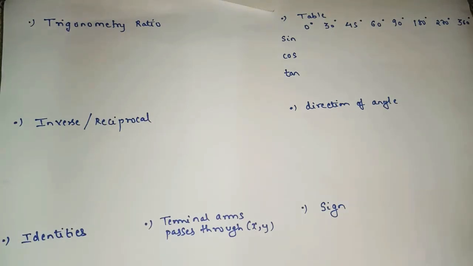Hello students, in this lecture we're going to start with a new chapter from Maths 1, that is chapter number 2, Trigonometry Part 1. There are two parts: chapter number 2 is Part 1 and chapter number 3 is Part 2. Part 1 is actually the basics of your ninth and 10th standard, and Part 2 is the advanced part of your 11th standard.